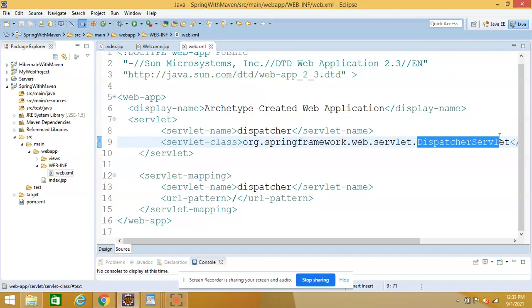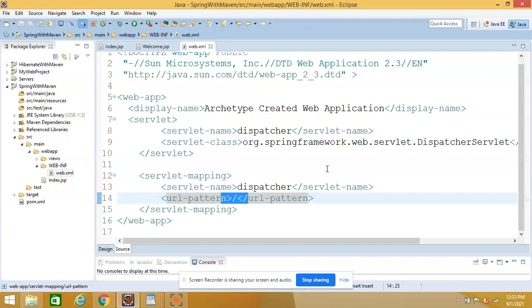But here I am saying that if the request is coming for anything, maybe from index.jsp or x.jsp, y.jsp, whatever it is, you always go to DispatcherServlet, which is my front controller,